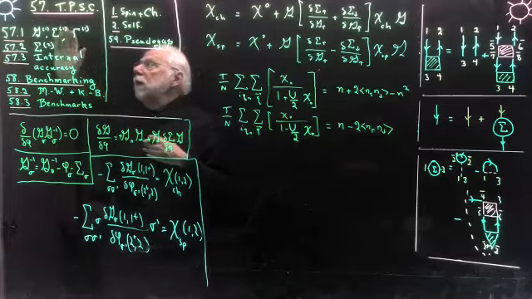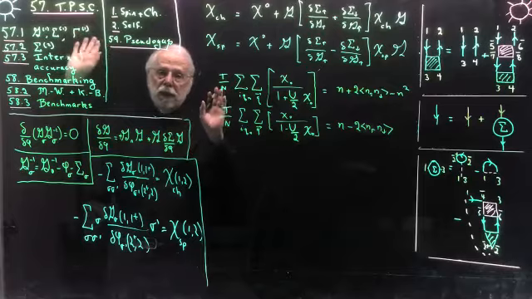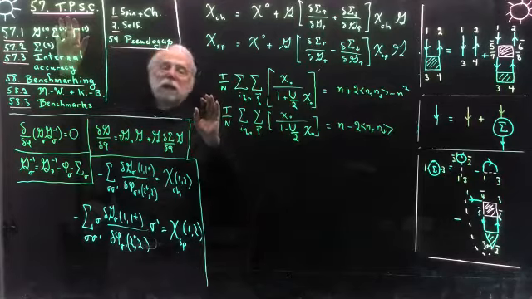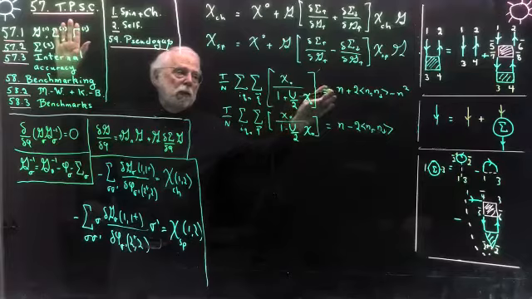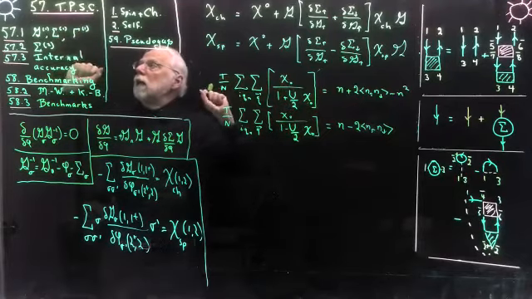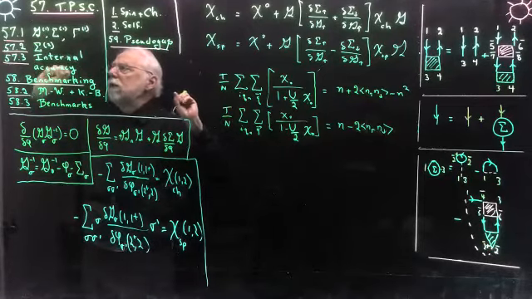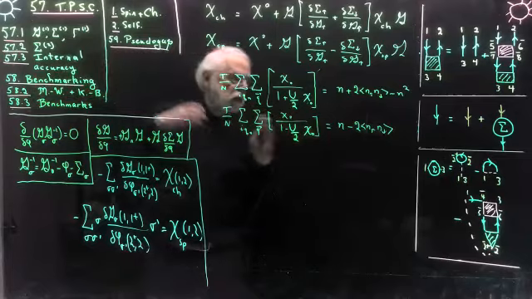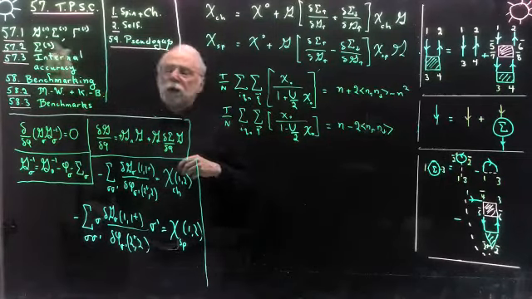So the approach that will be shown here that satisfies the Mermin-Wagner theorem is the two-particle self-consistent approach. That's not the only one that satisfies the Mermin-Wagner theorem, but for the Pauli principle, that's the only one I know. Okay, so we will proceed just like we did before, in the sense that we will have some approximation for